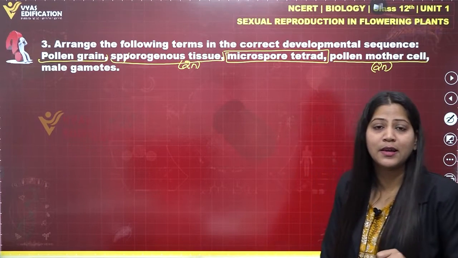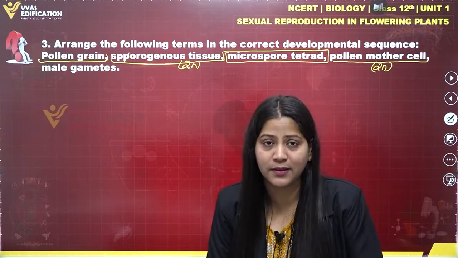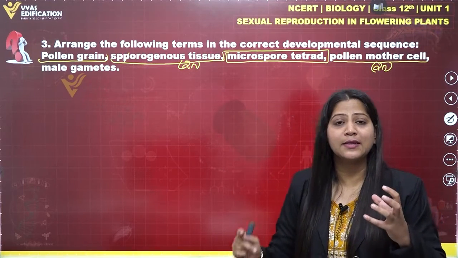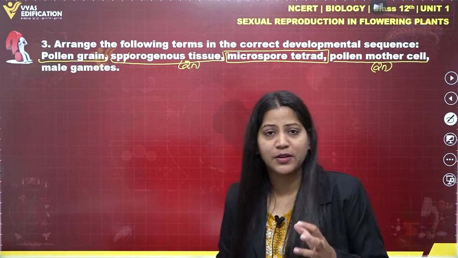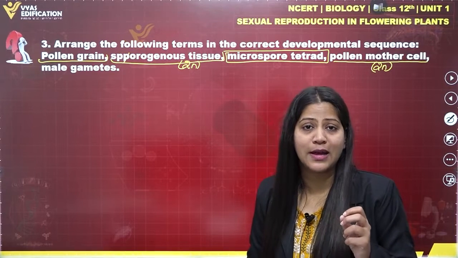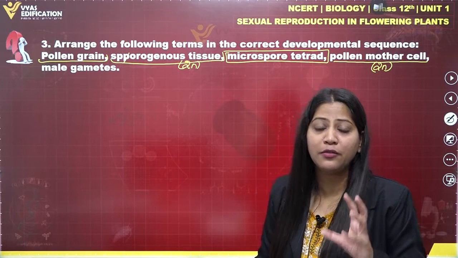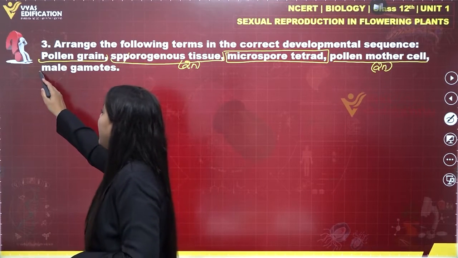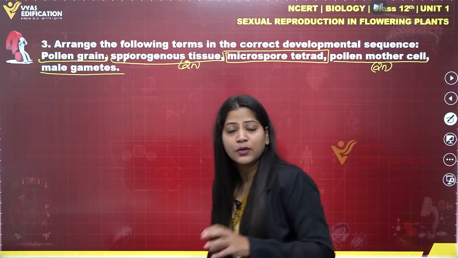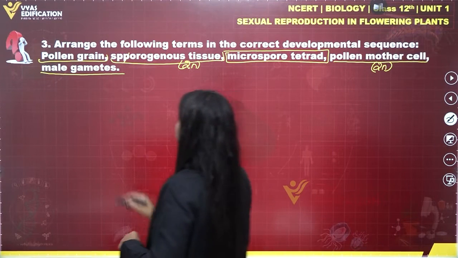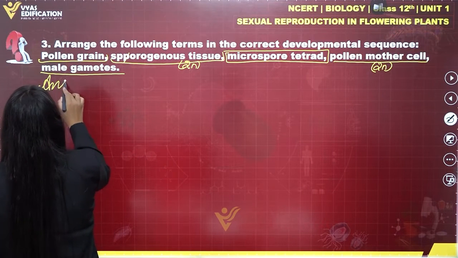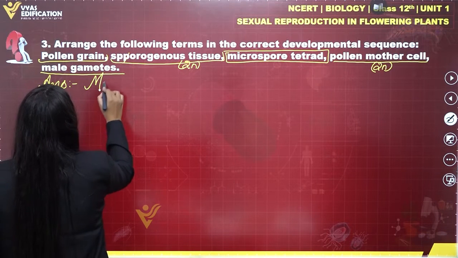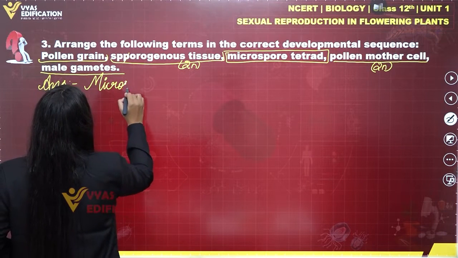Inside pollen grains, 2 cells are present, that is the generative cell and the vegetative cell. The generative cell inside the pollen grain is going to give rise to male gametes. So after pollen grains, we will get male gametes. So this is the sequence, and if you want to write the answer, then we know that microsporogenesis